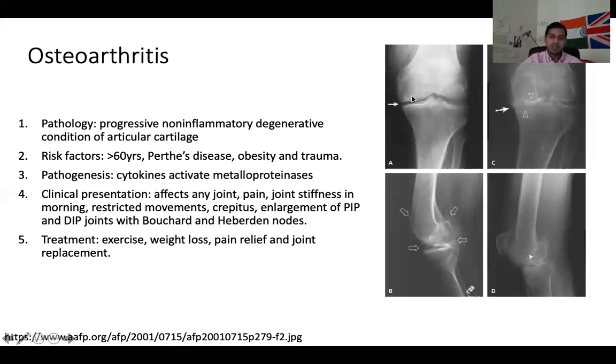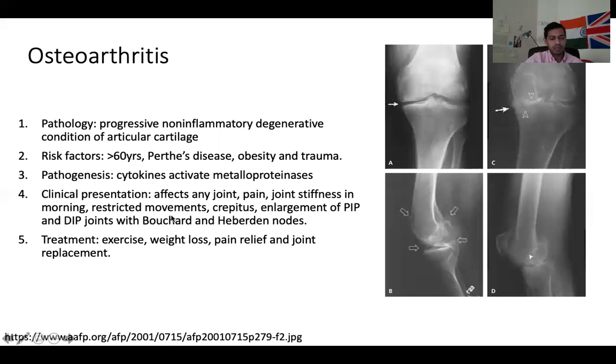There can be some subchondral sclerosis. You can't see it very clearly in these images, but there will be some subchondral sclerosis along with this reduced articular space. And there will also be some osteophytes in the margin of the cartilage. Usually in an X-ray, once you see this, it's very distinctive of osteoarthritis. Clinical presentation, it can affect any joint. As I mentioned,